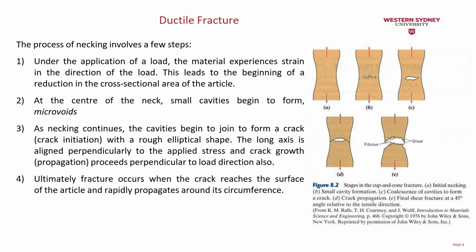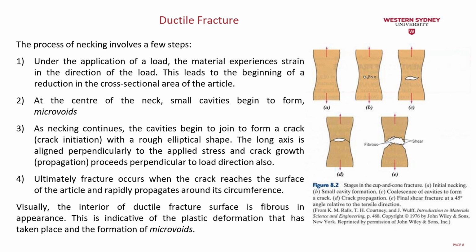Ultimately, the fracture occurs when the crack reaches the surface of the article and rapidly propagates around the circumference. That's what we have in shape D. Finally, in shape E, we're going to have the crack disconnecting the two parts. We're going to have the fibrous surface created, and the shear will finish the